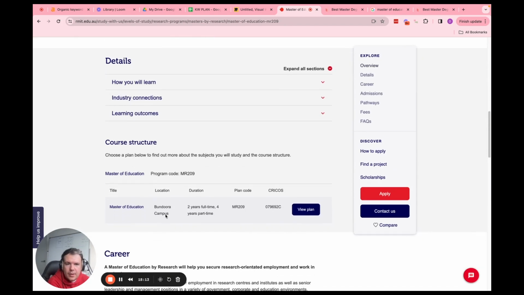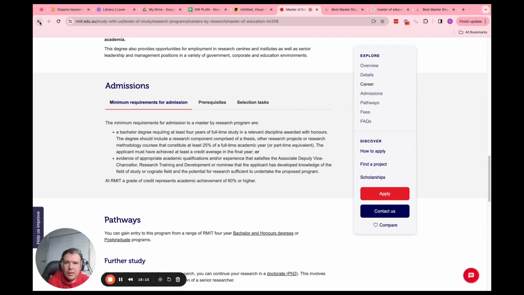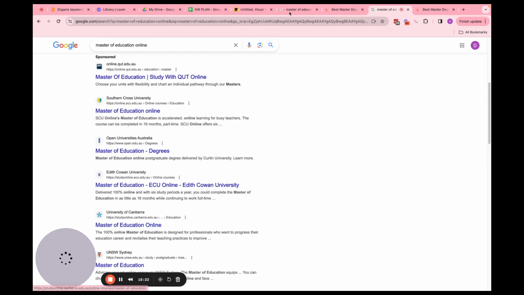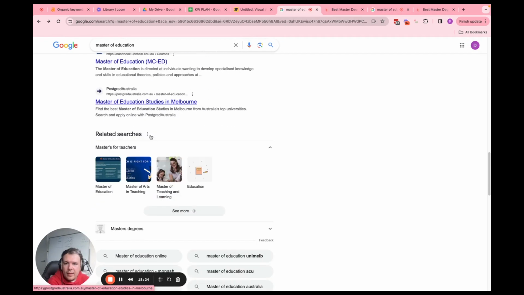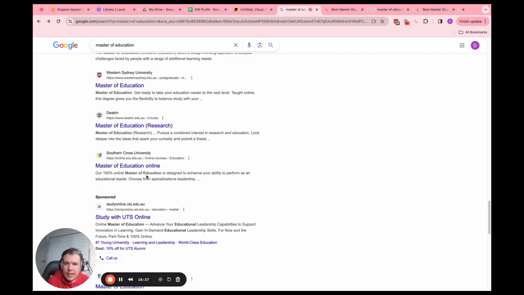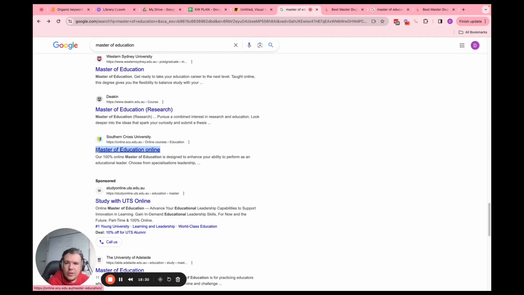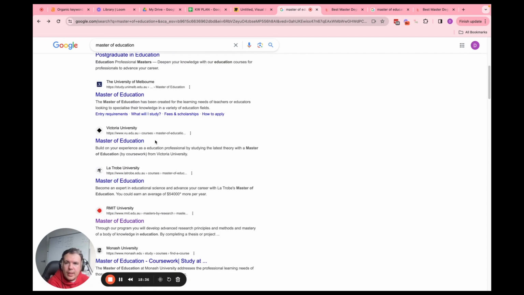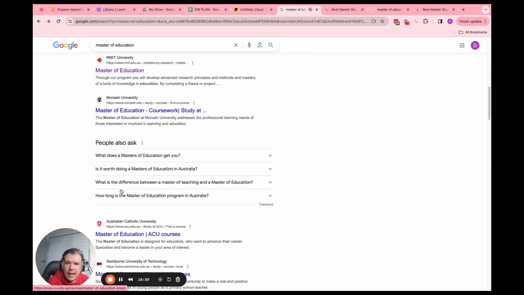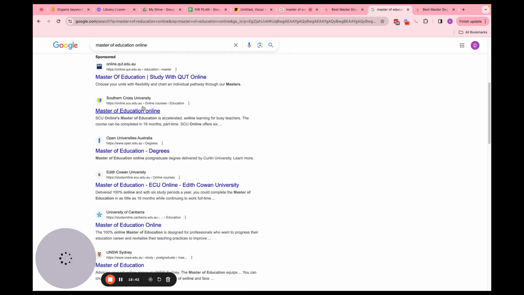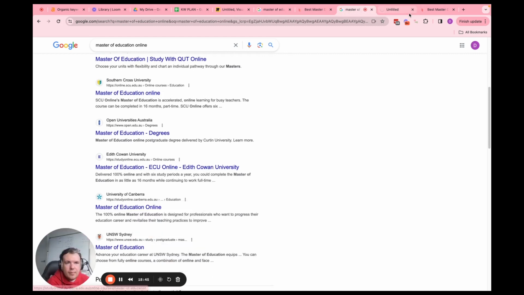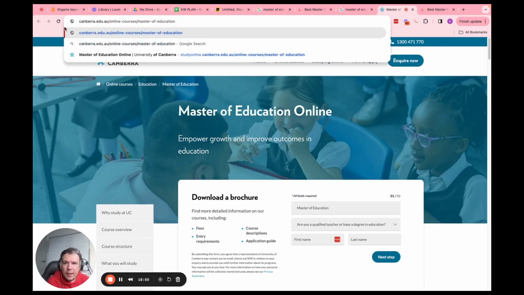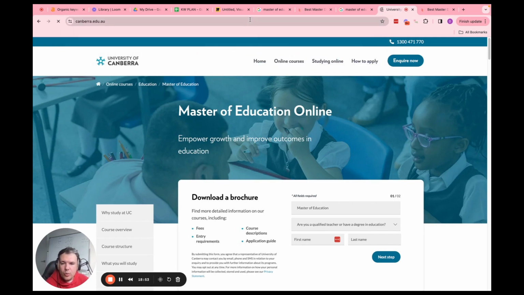Learning mode on campus. So this might just be an on-campus course. So let's take Canberra University, for example, right? We know Canberra does this online. We're losing out on a heap of traffic because Canberra University is not actually showing up. SCU is showing up here, which is really good. But having the actual Canberra University have a page here. So for example, you take this, right? This is the online version of Canberra. We actually go to the Canberra University page, actually getting them to rank a